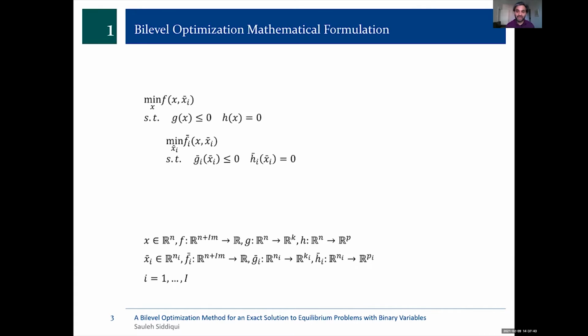Because of the previous diagram that I showed you, a lot of times the decisions we make aren't really just constrained by functions. They're often constrained by other decisions. For example, if I decide to produce electricity in a particular state, then that is constrained by the decision of the natural gas producer in that state for how much they're going to sell me their natural gas for. So often in these types of systems, instead of just having single level optimization problems, you have this bilevel structure where you want to minimize a certain objective, you have constraints there, but then you're also constrained by other